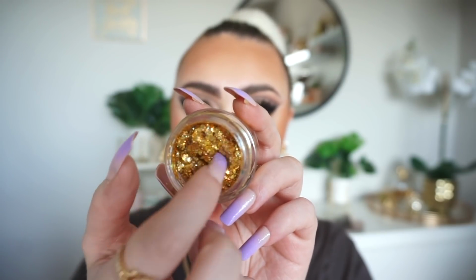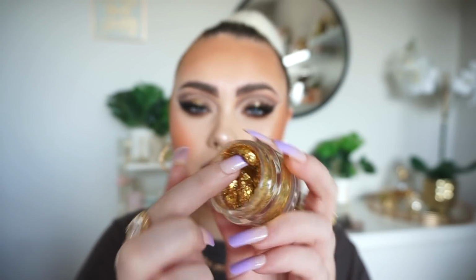So I have these wee glitter, what are these? Hold on a wee sec. These are the Glitterly Obsessed glitter gel. But these are absolutely amazing. These would definitely be in my top 5, if not my top 3 products from Colourpop overall. That's how much I love these. I don't use them that often because they can be a wee bit tricky to work with, and it's not as if they're like an everyday product, but I have it on this eye here, just in the center. So basically they're just like a glitter gel, but the formula of them is really, really weird. But I'll just take like a wee dollop,